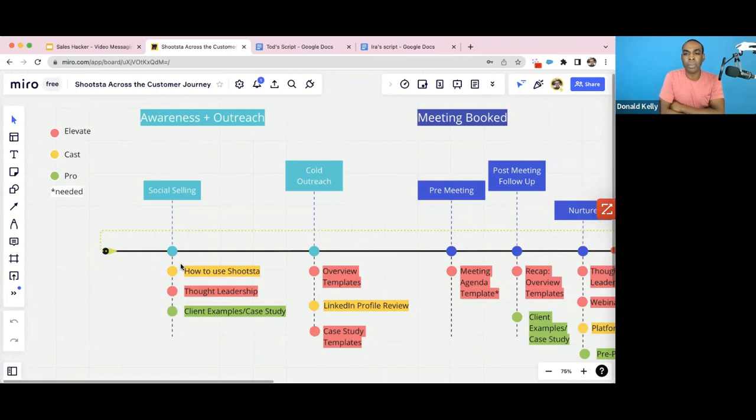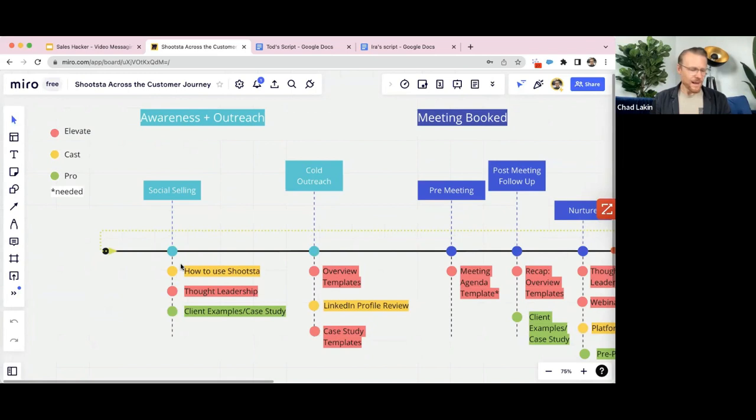Cool. So if we're looking at the top of the funnel, that awareness, outreach stage, one area that, even from the poll that we saw, seemed to be a pretty small factor when we're thinking about videos is social selling. And I think, to be honest, in that space, sometimes it can be a little bit intimidating. Social selling is creating content, probably in our space, primarily for LinkedIn, where we're looking at being that thought leader in a space so that when it comes time for that individual within your network to go, oh, I'm ready to buy video, for example,